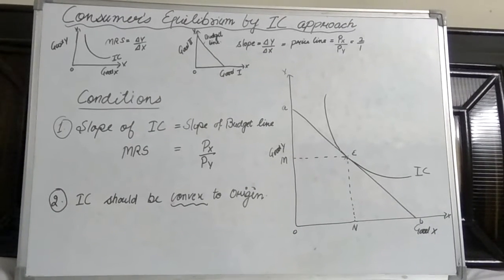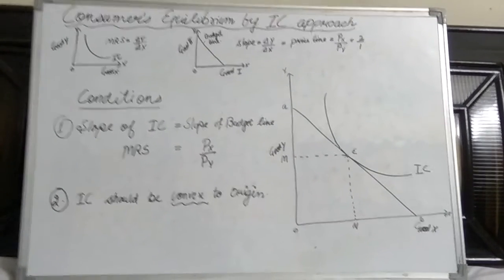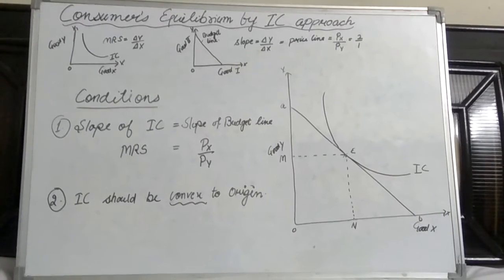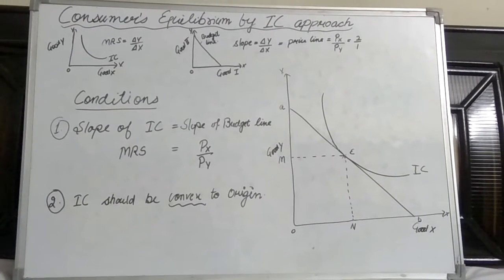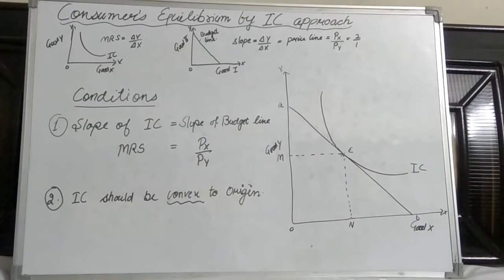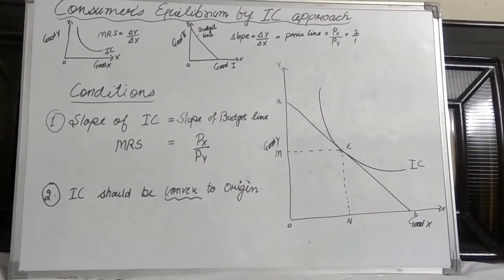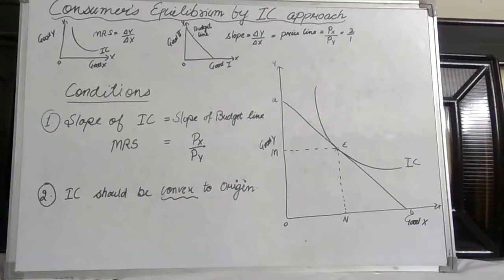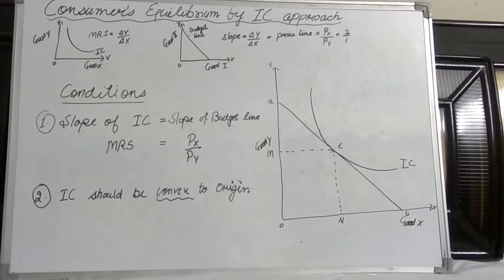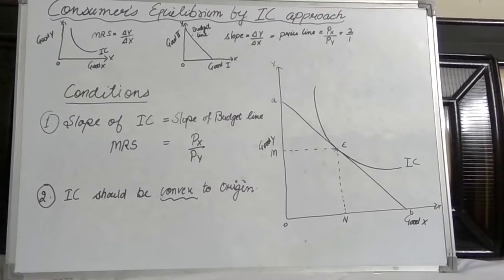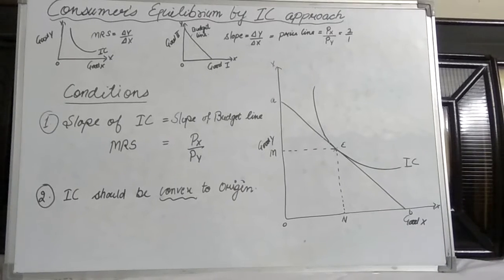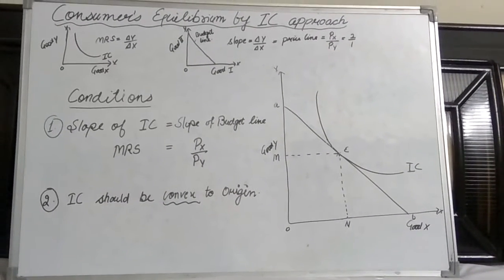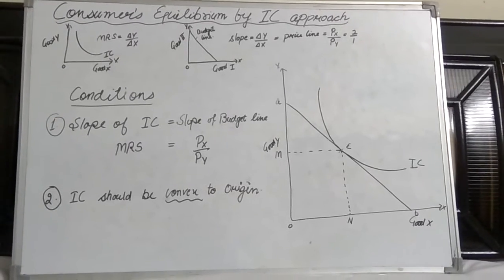And the formula is written over here and is termed as MRS. In case of the budget line, in the previous video we saw that the budget line is a downward sloping straight line and is also termed as the price line. The slope of the budget line is again change in y upon change in x, and it is equal to the price ratio, written as Px upon Py, that is, the price of good x and the price of good y. This ratio we have calculated earlier; it is equal to 2:1.